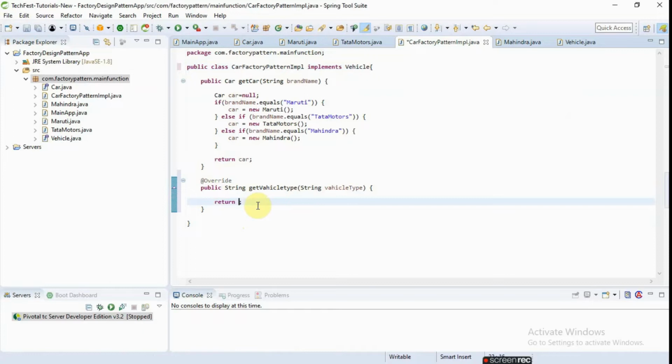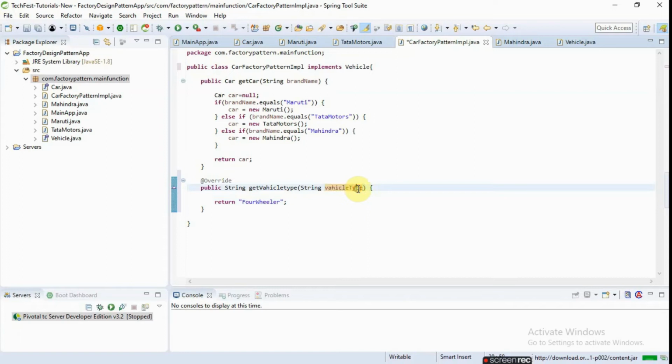Here we are doing nothing but just returning four pillar.